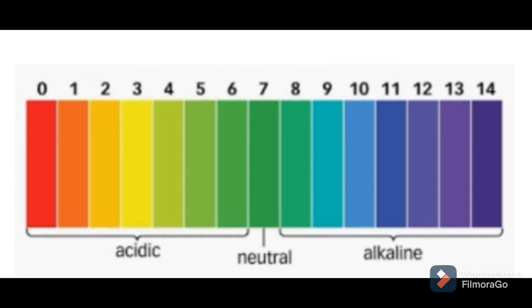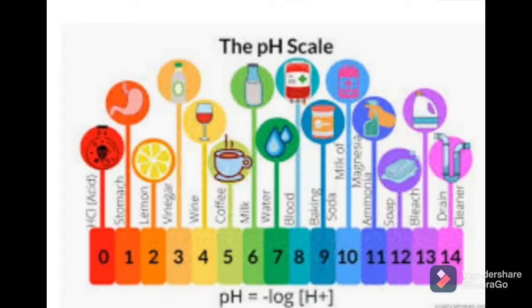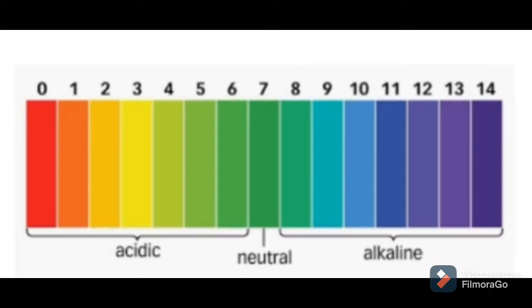So the pH scale is used to find out how acidic or basic a solution is. And the pH of a solution is the measure of hydronium ion concentration in the solution. So what is the formula for calculating pH? pH is equal to negative logarithm of H plus ion, that is hydronium ion: pH = -log[H+]. This is the formula for calculating pH. So by using this pH scale, we can find out the exact nature of the solution, and what is the strength of the given solution.